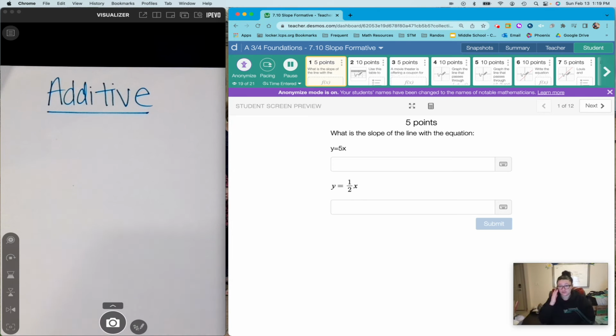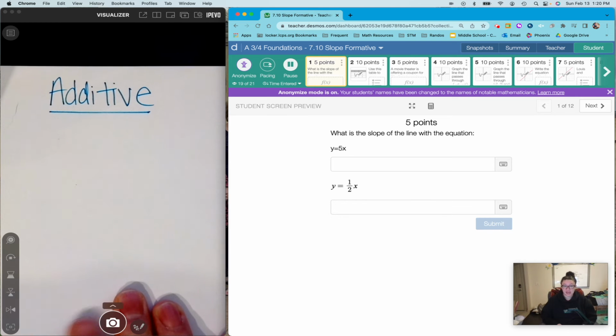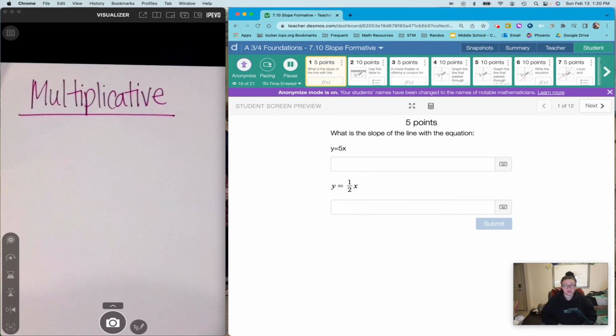All right. This formative, it was rough, but that's all right. We're going to be fine. We're going to go through it and we're going to talk about the thought process we want to have for each of these questions, doesn't matter 1 through 12. The first thing I want to be thinking to myself with each of these is, is this an additive or a multiplicative relationship? Because depending on which one of those relationships it is, I need to think about the different parts